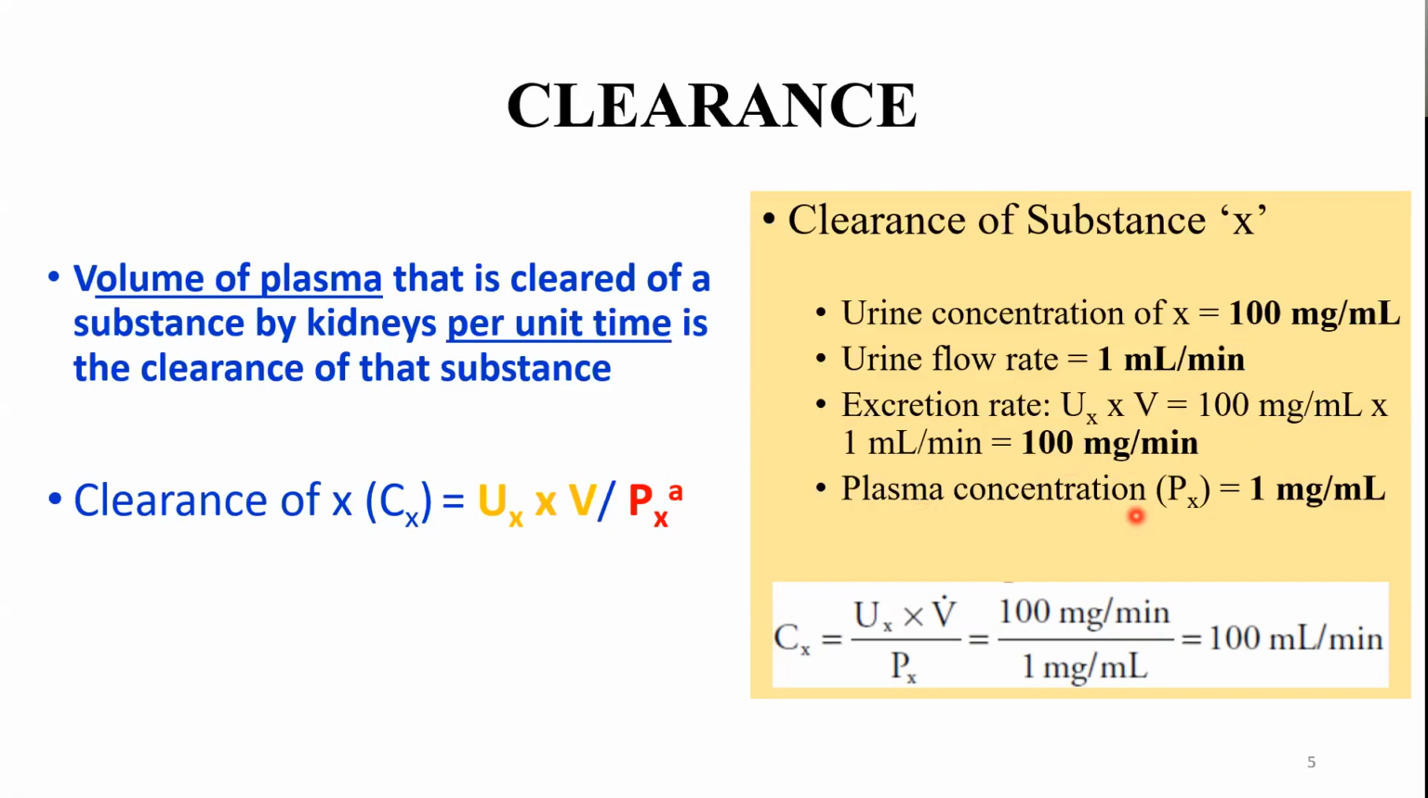And the plasma concentration, let's say, is 1 milligram per ml. So when you put all of this in this formula, which is right given here, clearance of substance X comes out to be 100 ml per minute. So each minute, 100 ml of plasma is being cleared of substance X. Okay, so as you can see, this is purely a filtration statistic. It shows you how well your kidney is filtering a substance. Okay,